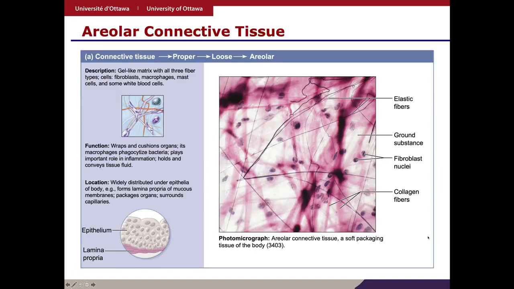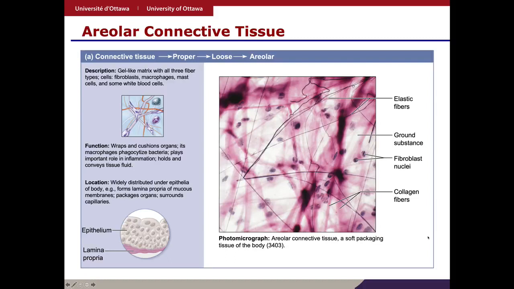This allows for increased ground substance, which can act as a reservoir of water and salts, i.e., interstitial fluid, for surrounding tissues. Almost all cells obtain their nutrients from and release their wastes into areolar connective tissue. It's the most widely distributed connective tissue and functions as a kind of universal packing material that supports and binds